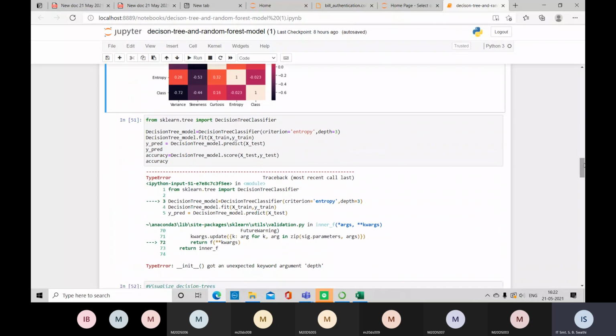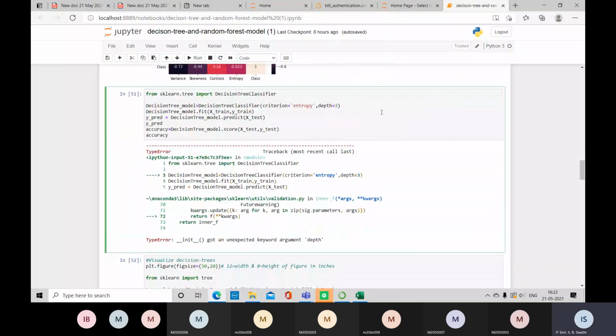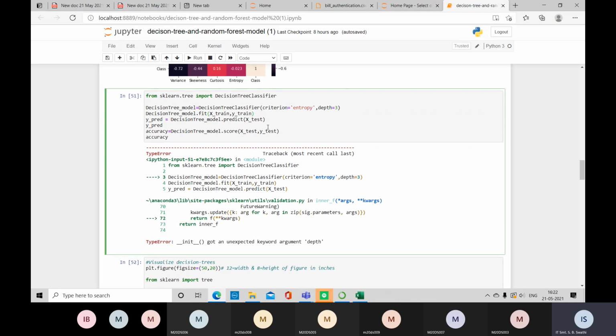Now, direct implementation of this. Now we are ready with the training and testing data. Once you are ready with training and testing, directly you can implement any algorithm. So remember, implementation of any ML algorithm will take hardly 4 to 5 lines. The remaining program is all about pre-processing of data and analyzing the data. That is the most challenging task. So it is very simple to implement any type of classifier algorithm or regression algorithm. It hardly takes 4 or 5 lines.